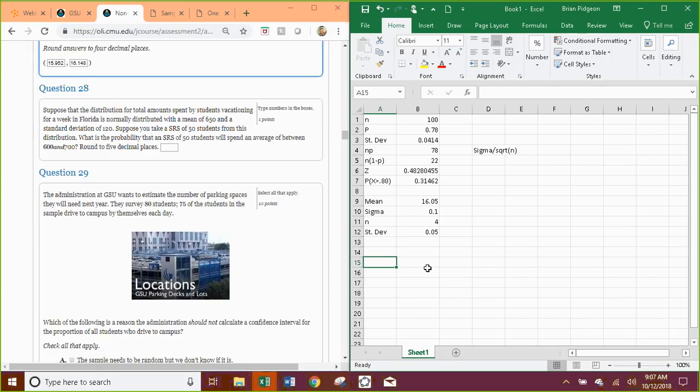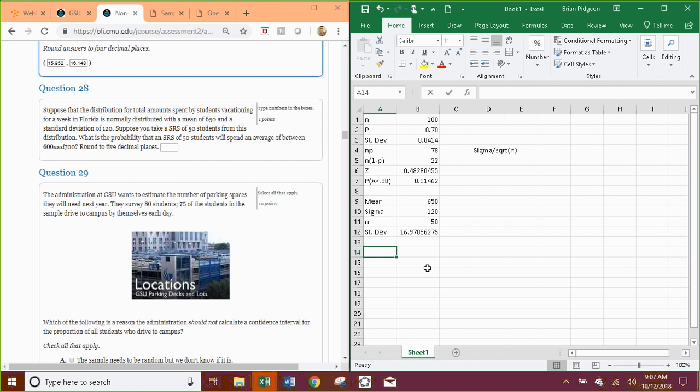Number 28. Suppose that the distribution for total amount spent by students vacationing for a week in Florida is normally distributed with a mean of 650, standard deviation of 120. Suppose you take a simple random sample of 50 students from this distribution. So 50 students is large enough, according to the central limit theorem, to claim that the sampling distribution is approximately normal. So to get our standard deviation of the sampling distribution, remember standard error and standard deviation of the sampling distribution are the same thing. We take sigma divided by the square root of n,